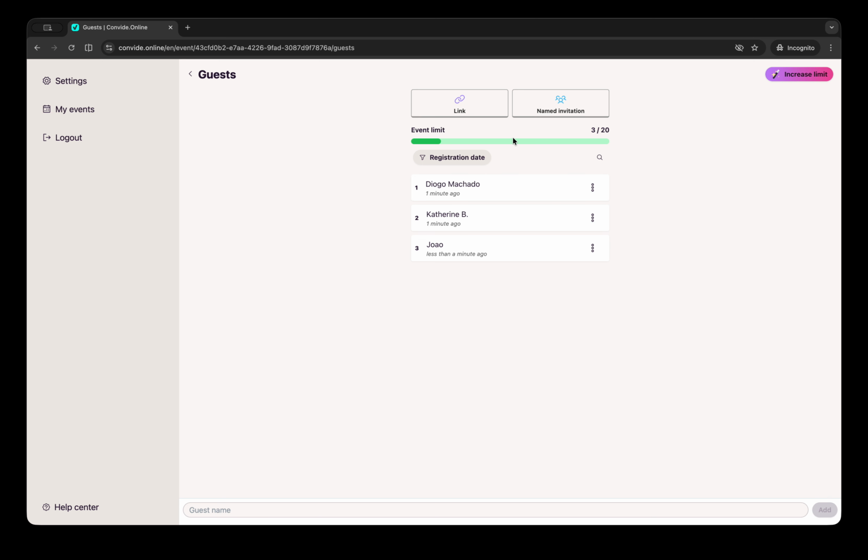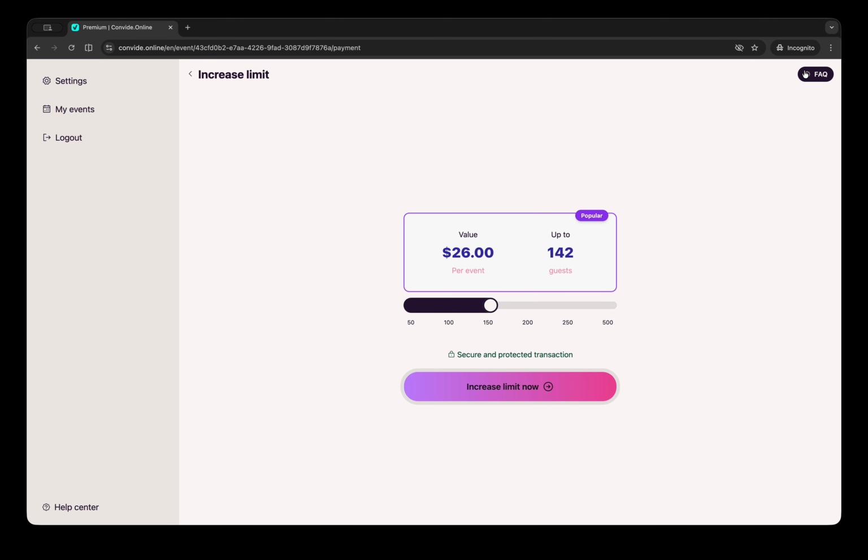So yeah, that's all. You can create links for free for up to 20 guests. If your event grows, you can just increase your limit by choosing a plan.